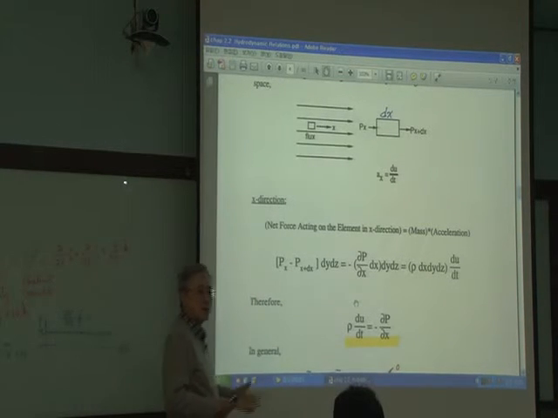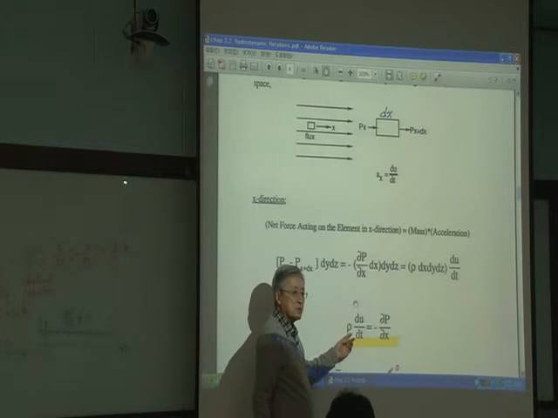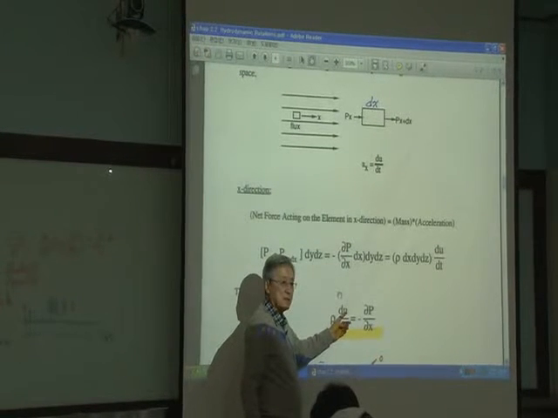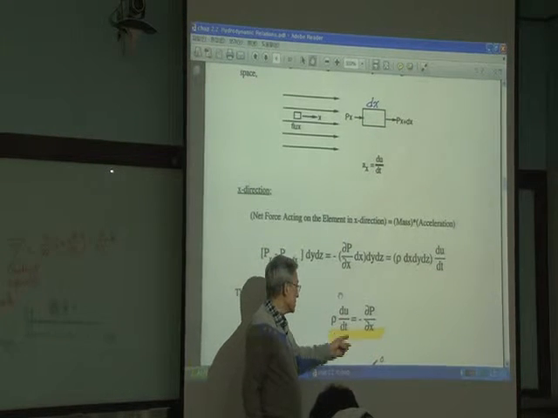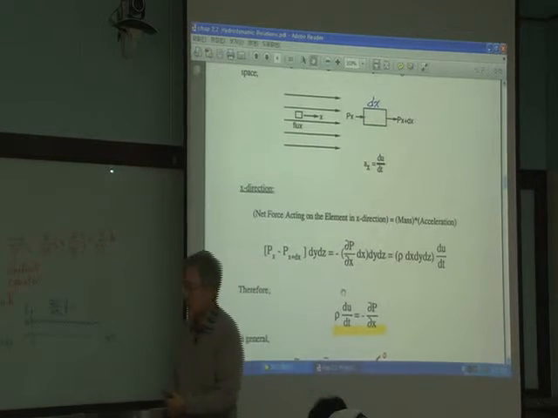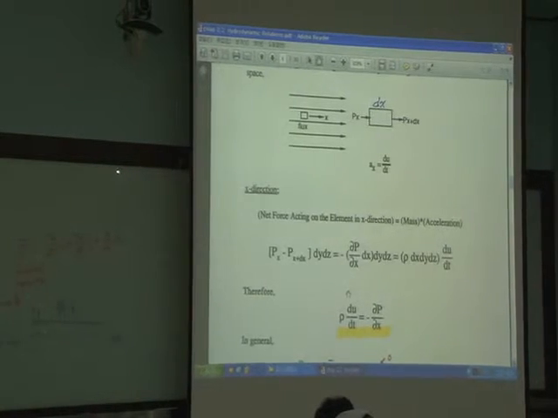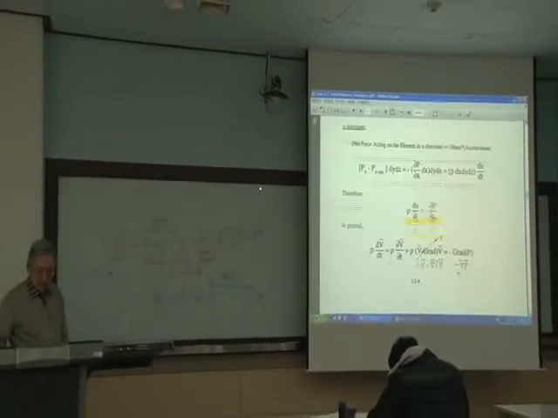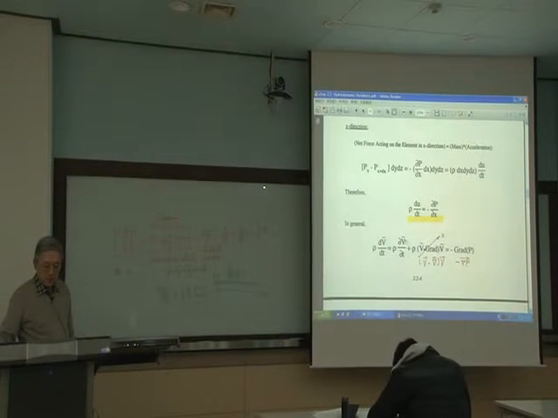So you have the similar equation in the y and z directions, right? You replace u by v and w, and you change x to y and z. Then vectorially you can add it together. So if you vectorially add together, the left hand side is rho dv, this hat,